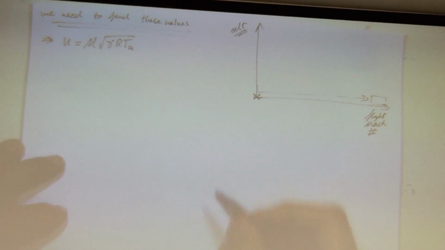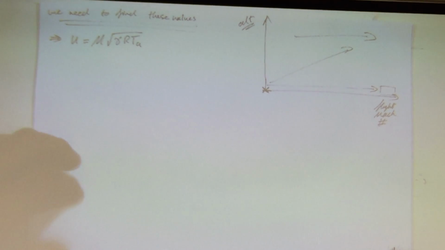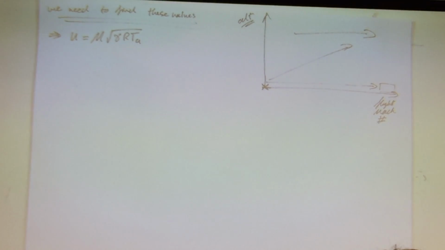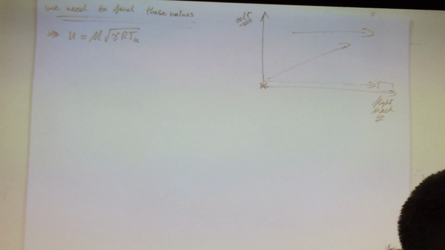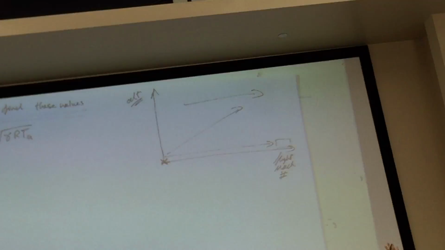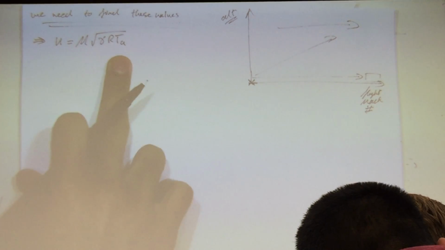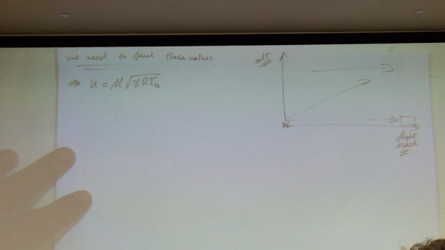And then up and away is this way. High speed RAM. We'll go over different conditions as we go through it. But this is the flight Mach number, meaning I control the speed of the aircraft and I control altitude. So that changes my propulsion system through this. So what do I need? Let's list our